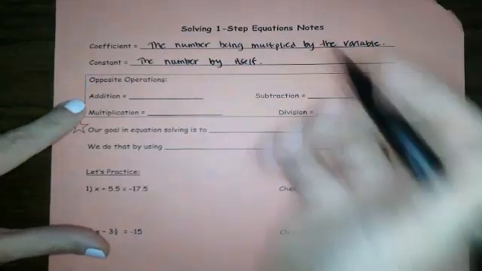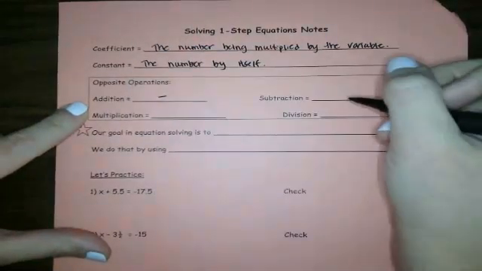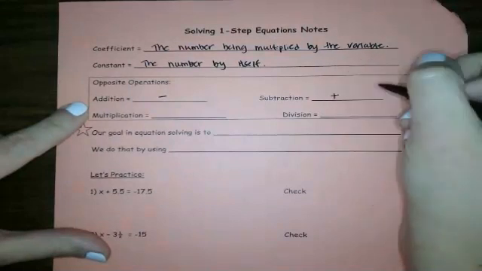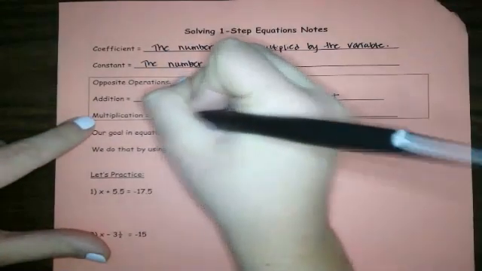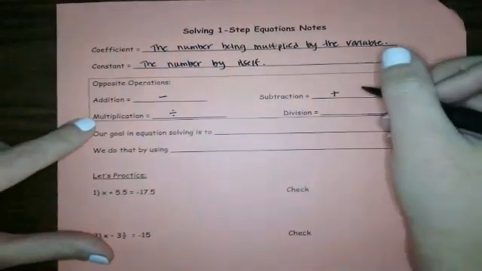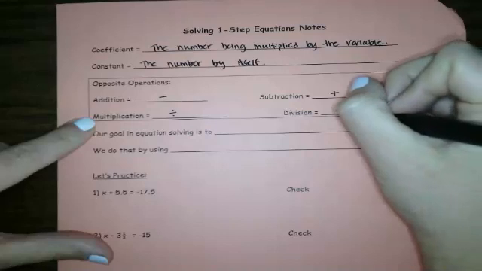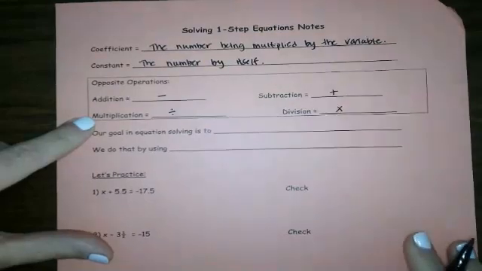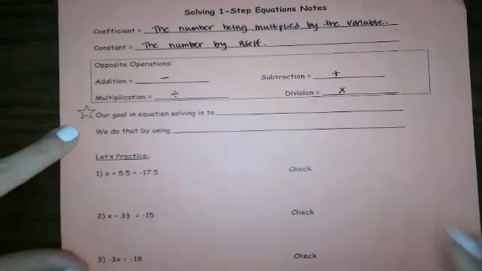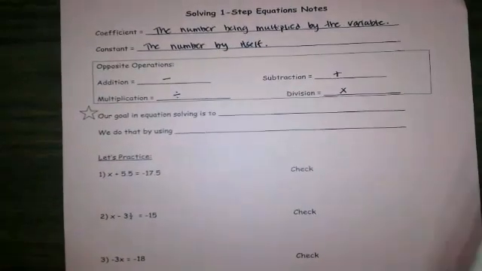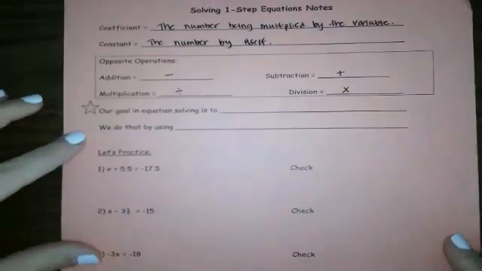Opposite operations. So we should know these. The opposite of addition is subtraction. I'm just going to put a subtraction sign. The opposite of subtraction is addition. Multiplication would be division, even though I hate that little sign. And the opposite of division is multiplication. Okay, so this is important because we're going to be using opposite operations all the time when we're solving our